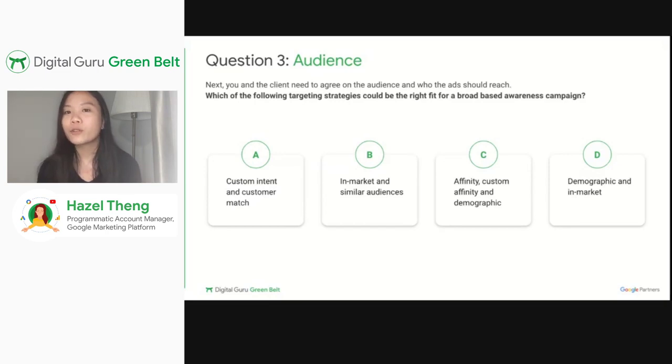So which of the following targeting strategies could be the right fit for a broad-based awareness campaign? A, custom intent and customer match audiences. B, in-market and similar audiences. C, affinity, custom affinity and demographic audiences. And D, demographic and in-market audiences.